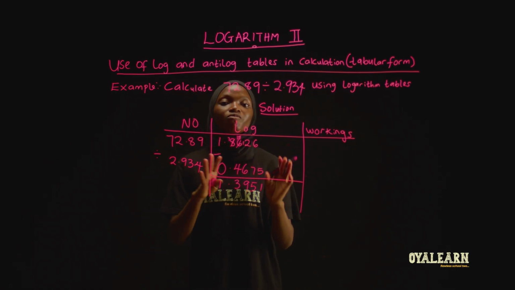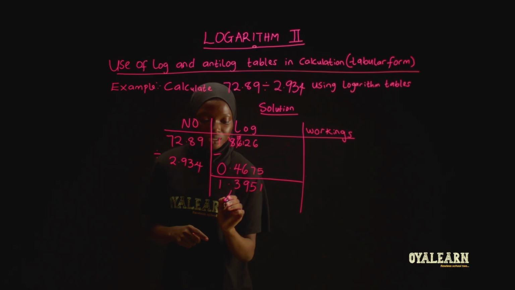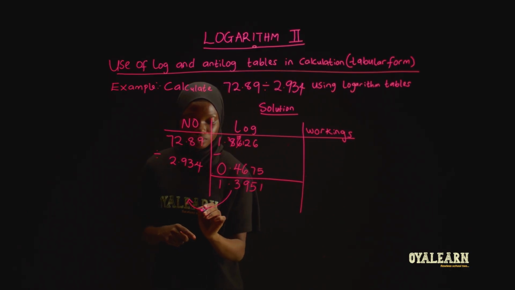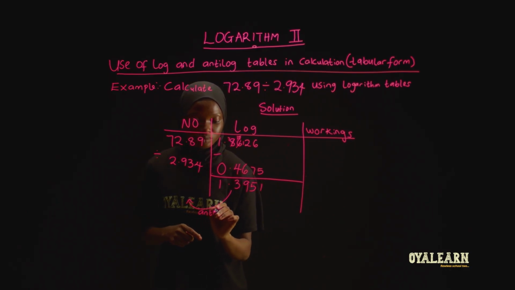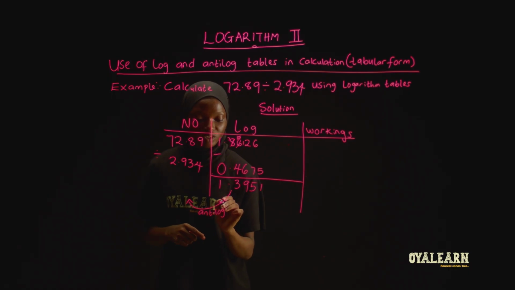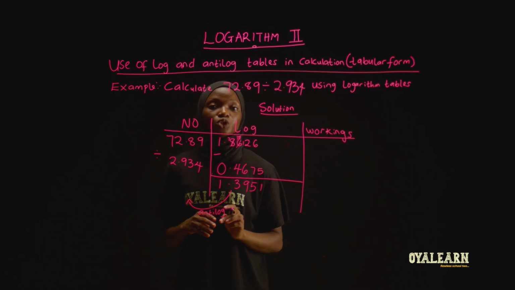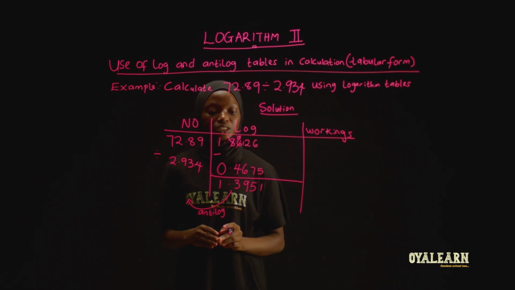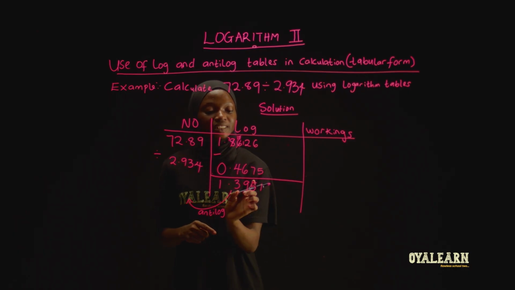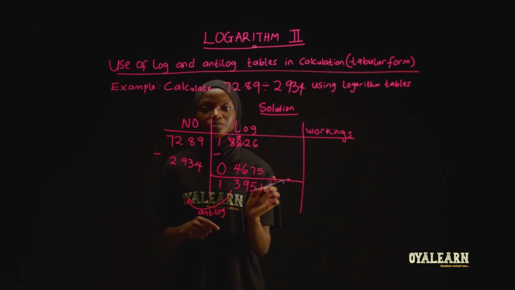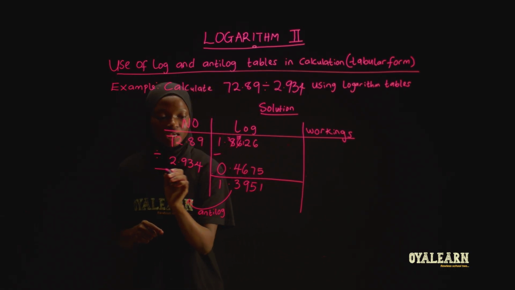Now here is the final value for our logarithm. Then we'll take the antilog. To take the antilog of this value, we know it's only the decimal part to be read from our table. That is, under the table, we'll be checking 39 under 5, difference 1, which is we're having as